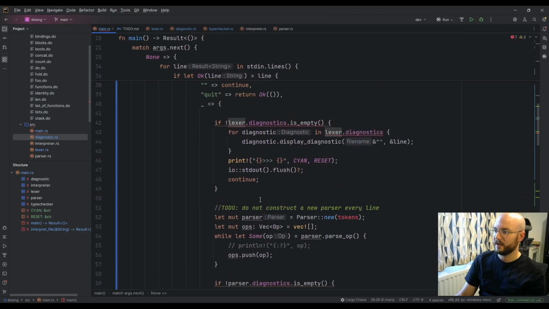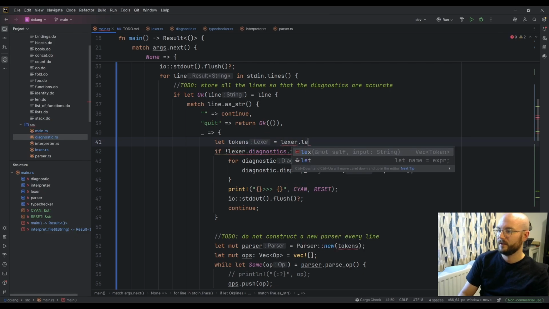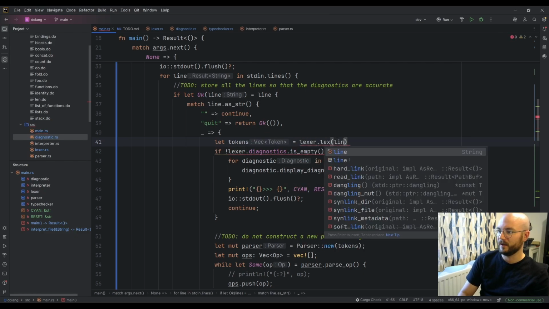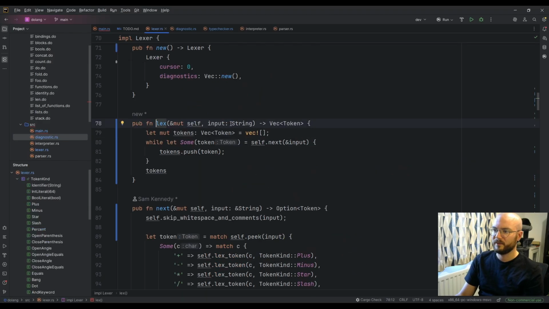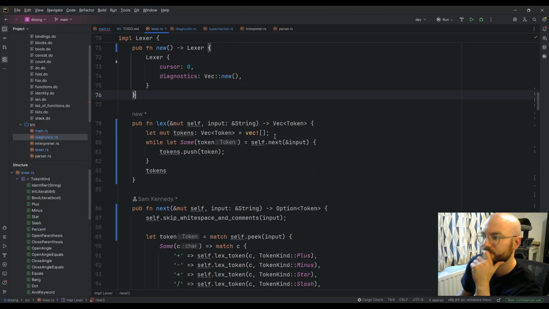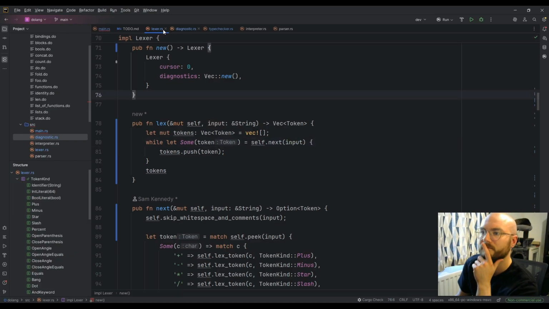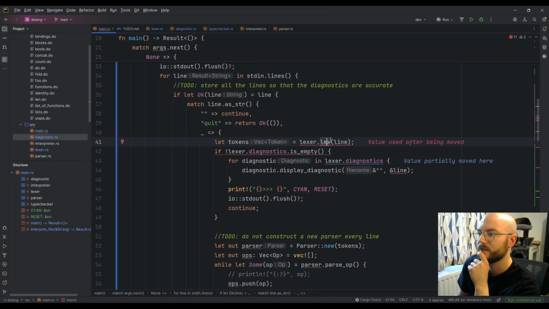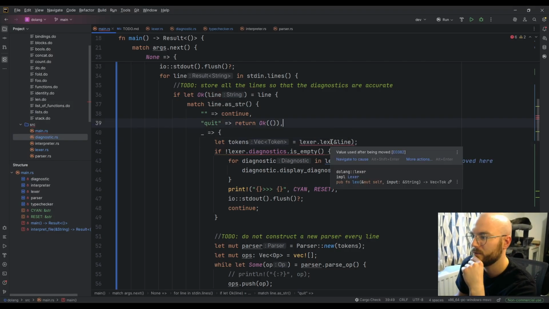So then we just say let tokens equal Lexer lex line. And to be fair, this doesn't even need to own it either, does it? So it can just borrow it. But I've already used it.